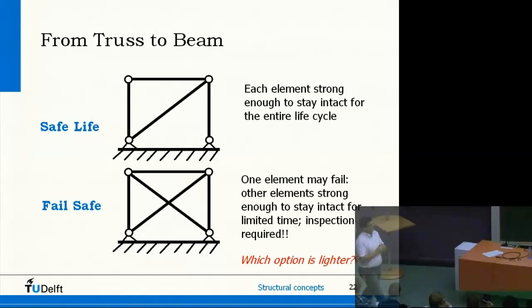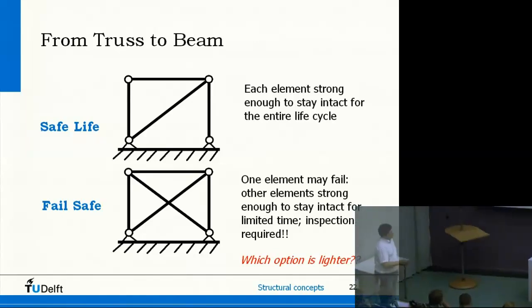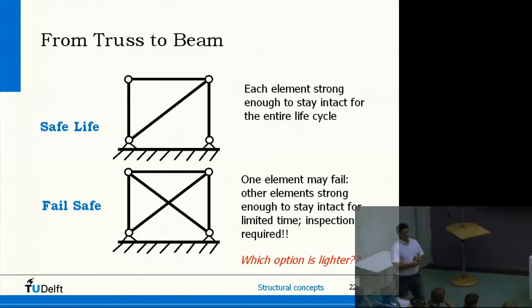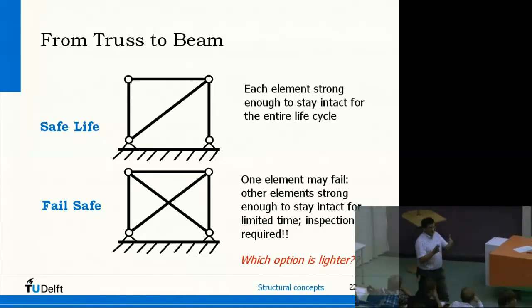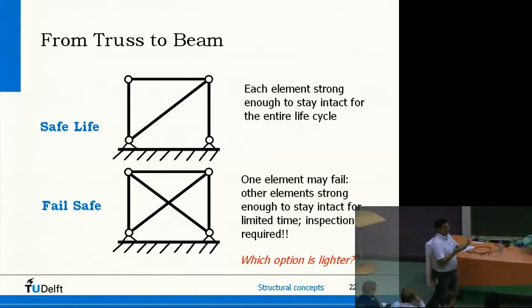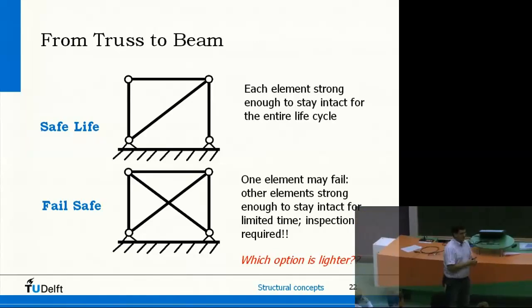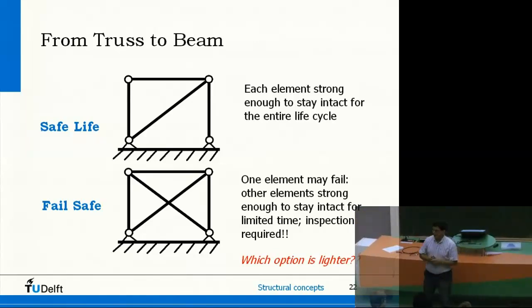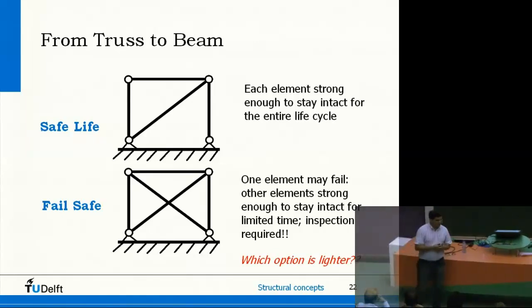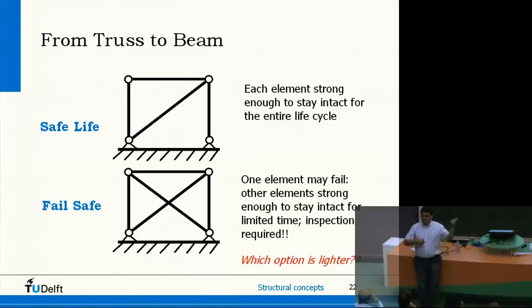Well, this is what we often do today. Fail-safe. That means that when you have an aircraft and you operate an aircraft, you have to maintain it. You have to inspect it frequently. If you go to KLM, they have a big hall where they do all the inspections. You have 4 types of inspections: the A, the B, the C, and the D check. The A check is usually done on the platform when the passengers are moving in and moving out. The B check is maybe one night at the facility.